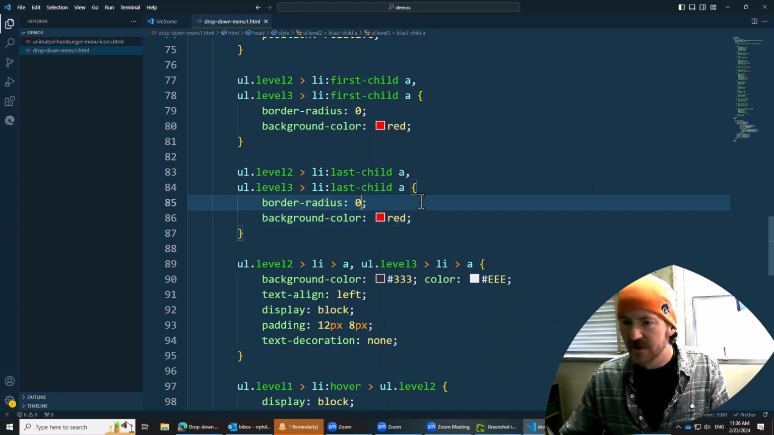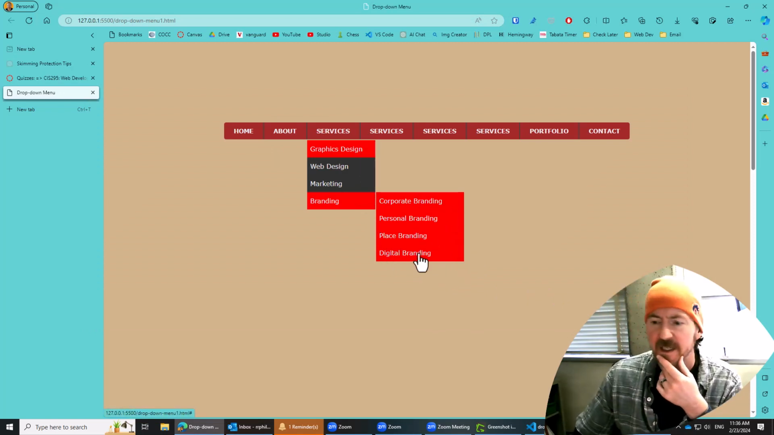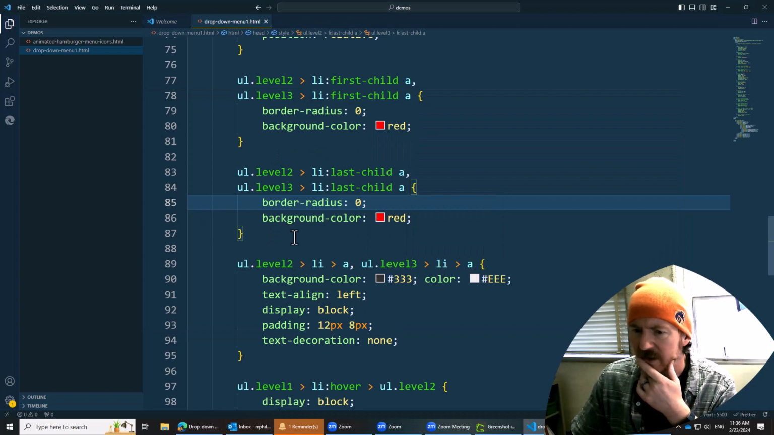Let's make all of these 0. Okay, so I no longer have my border radii anymore. But look how it's affecting all of these. That's a little crazy, right? It's affecting these middle ones too. So,